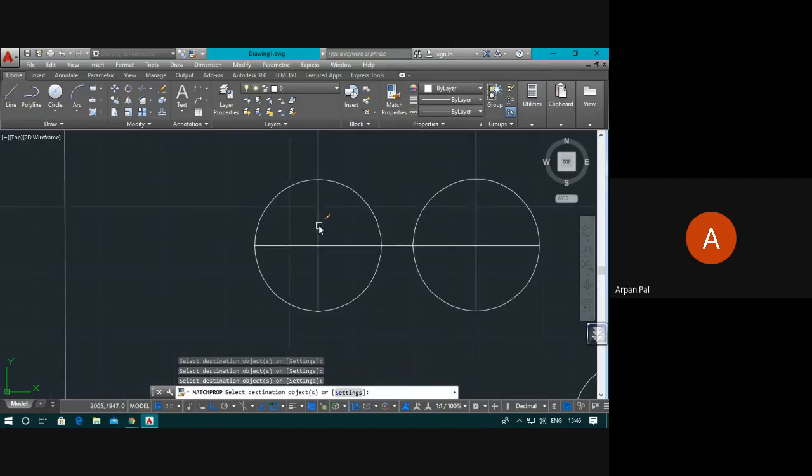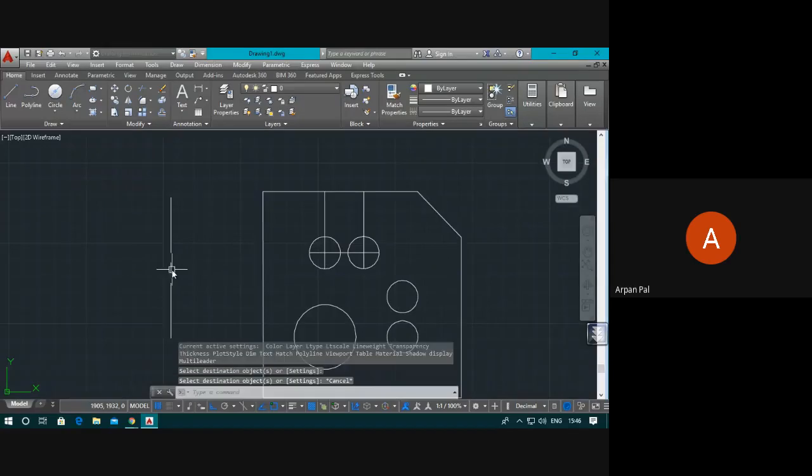Sorry, this one also. Match properties, select this source object and then click on this one. Or suppose you select this one and make it a center line.